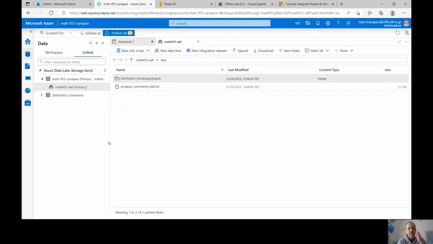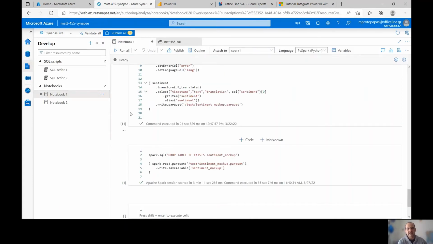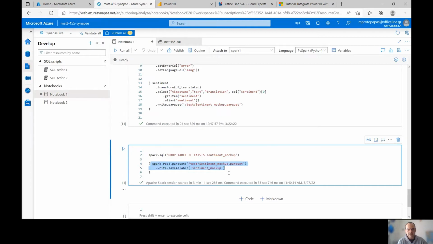For example, we could create a table in the data lake. So to do that, we would go to the notebook we created last time and add another cell. This command here reads the Sentiment Mockup Parquet file and saves it into a table within the data lake.